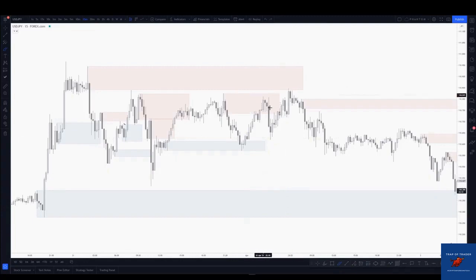as we continue on throughout the course. What we can see is we have this continuation model. As we've come from the downside, we've ranged and come to the upside. So we have our reversal demand, we expand to the upside, we pivot, and then we continue to the upside. So we have our continuation model here. And then if we look at this continuation, we retest into that,